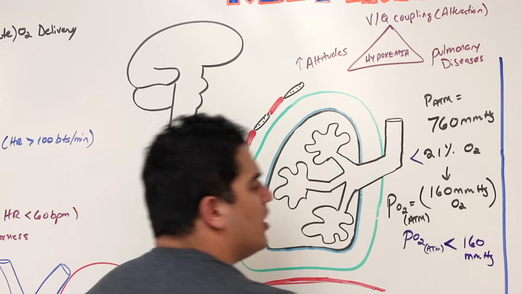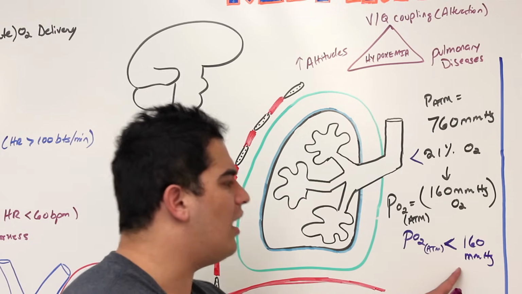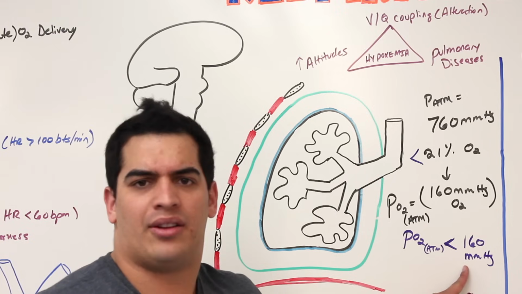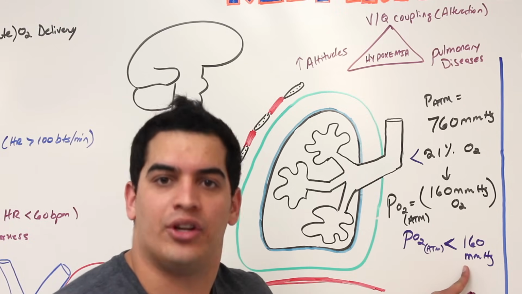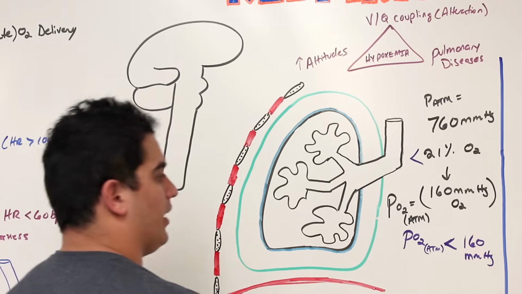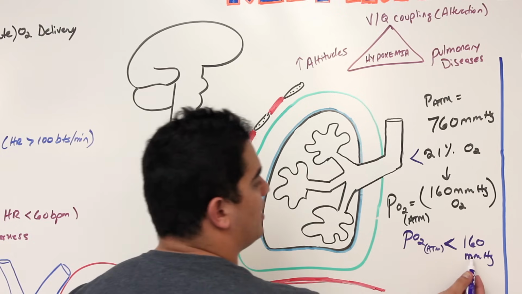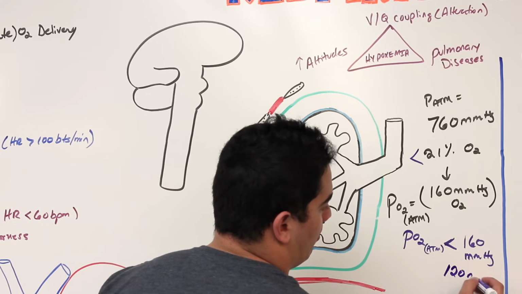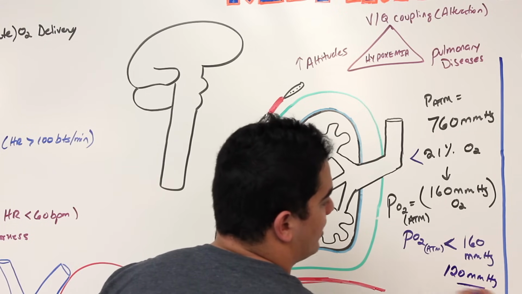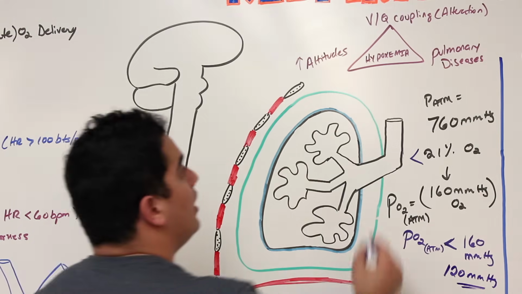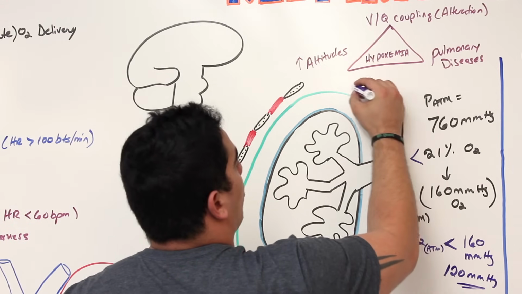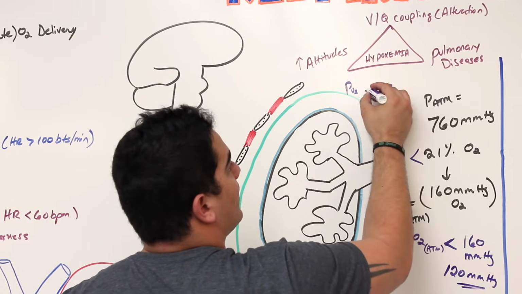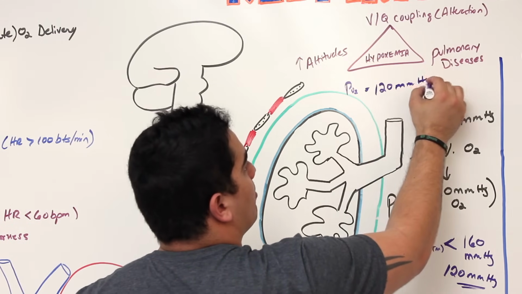of mercury. So let's just suppose that whenever you're at high altitudes, you're hiking Mount McKinley, whatever you're doing, let's say it drops significantly. Let's say it drops from 160 to about, let's say it actually drops down to about 120 millimeters of mercury. So let's say it drops down really low, okay? So now out here, if the actual partial pressure of oxygen in the atmosphere is about 120 millimeters of mercury,